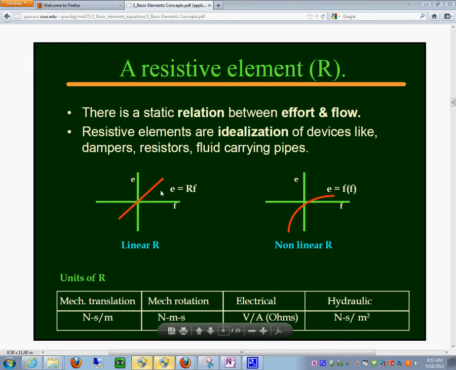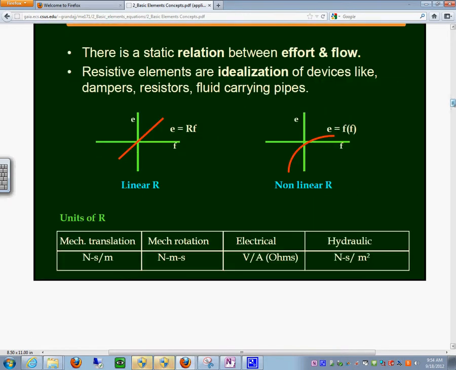Okay, now let's take a look at the resistive element, or the R element, as our first element to study. So this is an example of this. You have, for example, dampers, resistors, fluid pipes, valves. These are the ones that we have. And in here you have